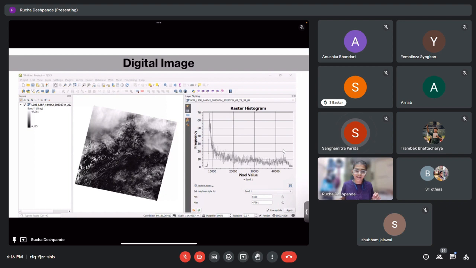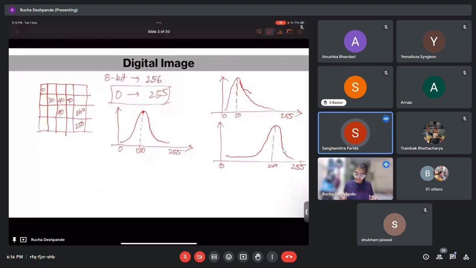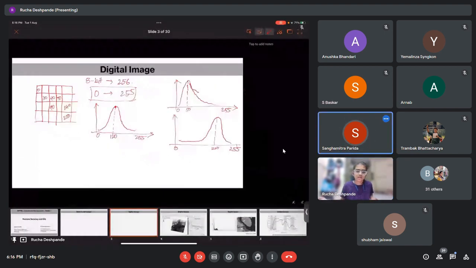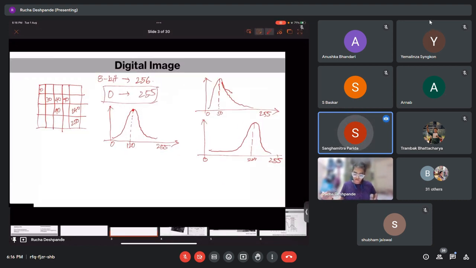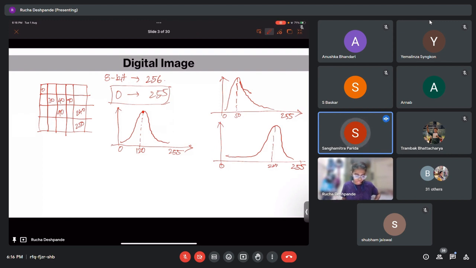You correlated something with respect to the previous image you showed. Would you please repeat that again? I told you that the lower DN values will correspond to darker areas which are not reflected